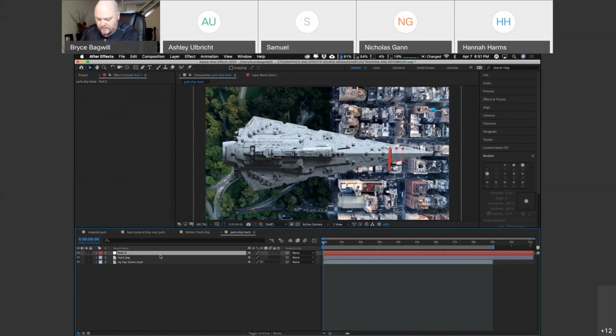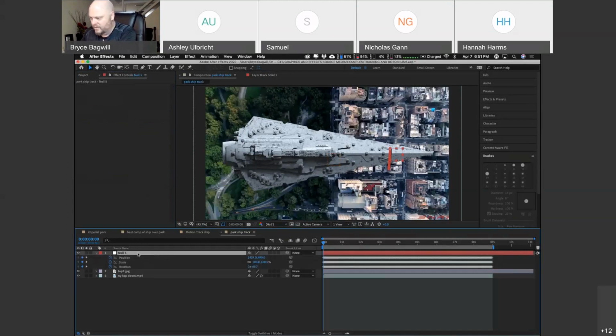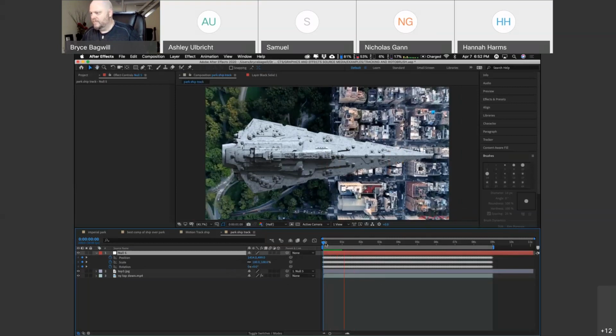And then if I press U under null, you will notice all the keyframes that are already set for us. Jillions of them under position, scale, and rotation. They all carried over all that data. And since the null's moving like it's supposed to, we know how to marry stuff to the null. So I want the ship top 2, and I'm going to route it up to the null. And when you do that, if you hit play, your ship should